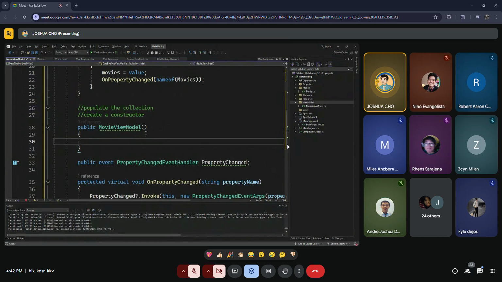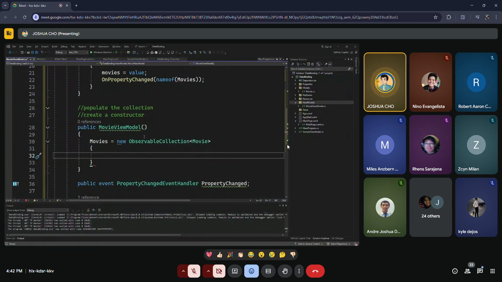So once the view model is being called, automatically the view model's constructor will also be executed now. So movies is equals to new ObservableCollection of Movie. Then inside we'll assign some values to movies. So a new movie,